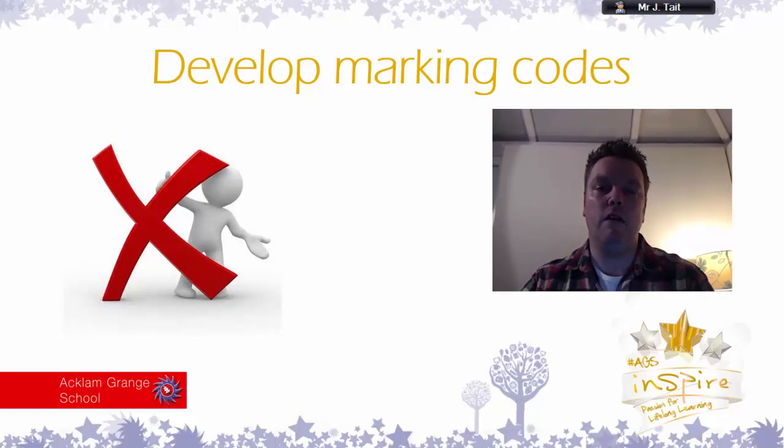It may be that you're marking a piece of work and a group of students are making the same mistake all the time, and you start to write on every book and you're thinking, hang on a second, this is taking me a ridiculous amount of time. Well, it may be you mark it with a little number 1 or a number 2 for the next one, and then when you give the students the books back, you say, right, there's a few codes in there. Number 1 means this, and then you've got it on the board. Number 2 means this, and then they can start to improve on their work